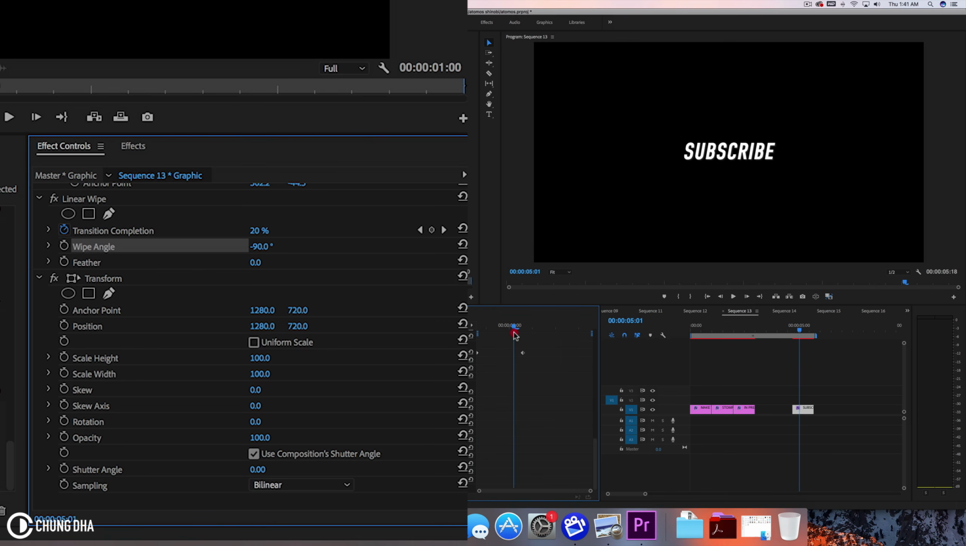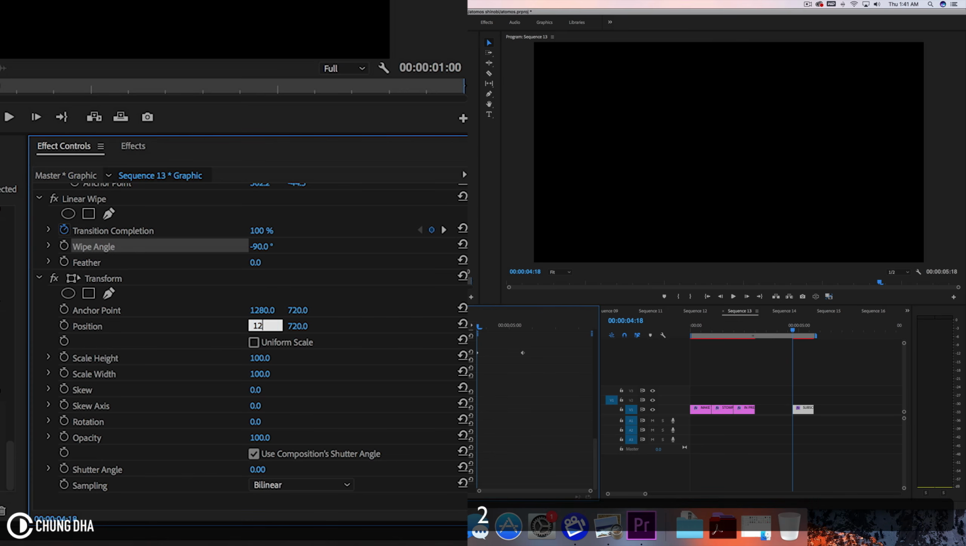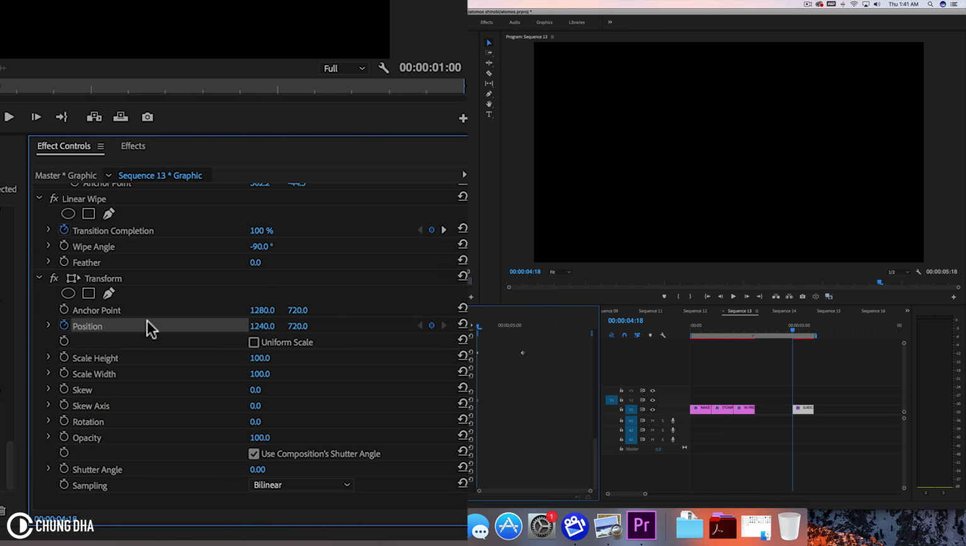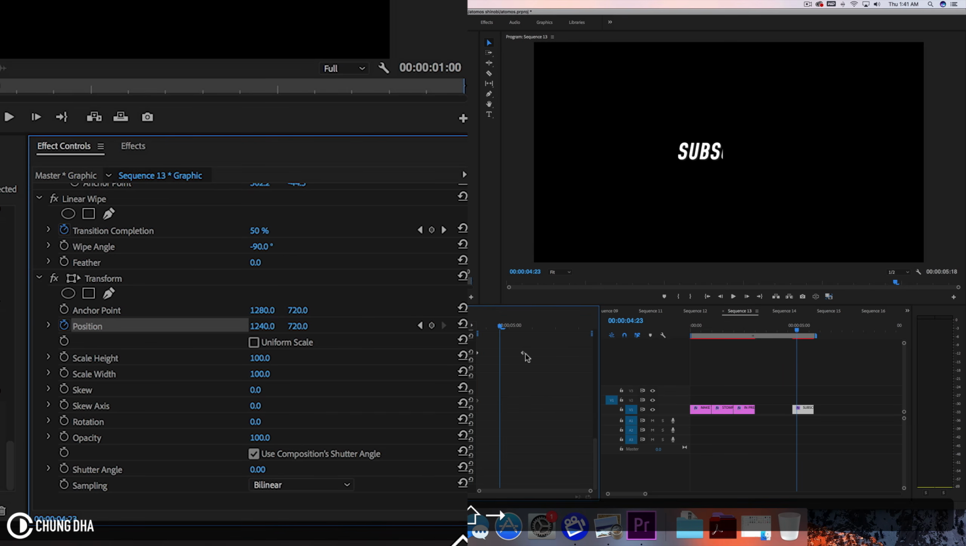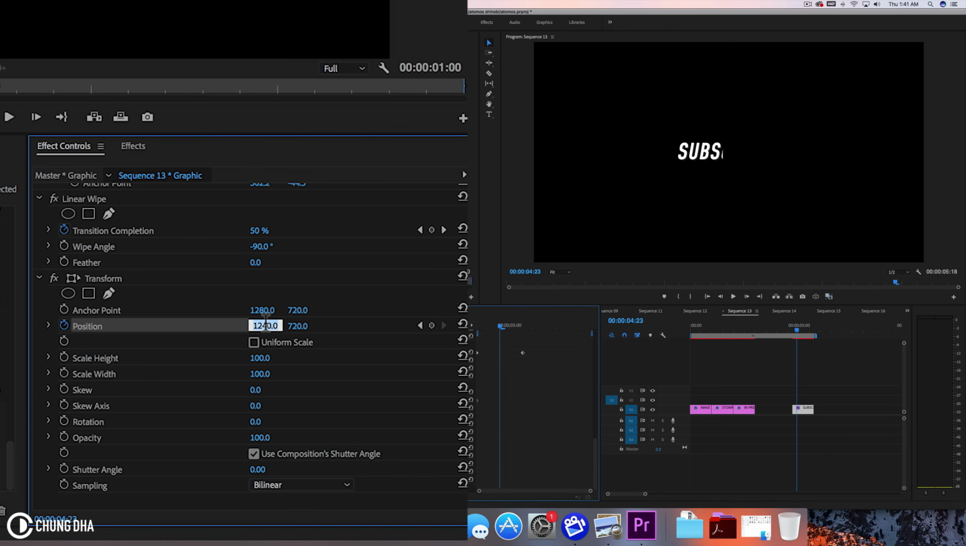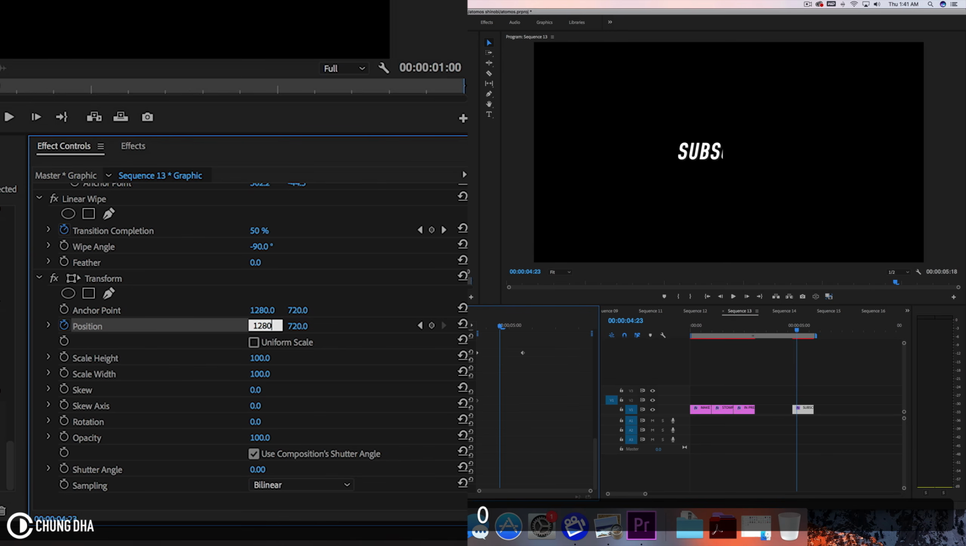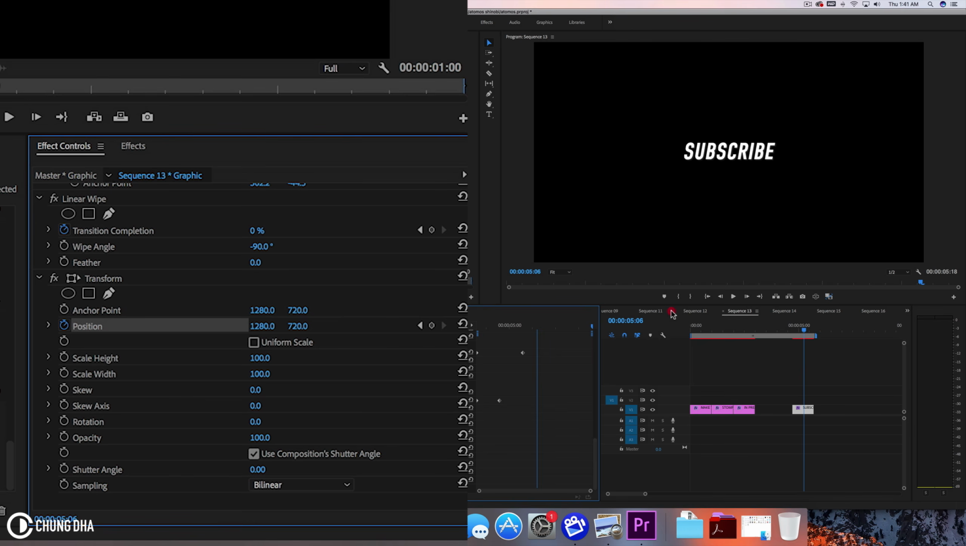So now adding the slide effect. So we're going to move here to the front and make this position to be 1240 and add a keyframe here by pressing the stopwatch. Now hold down shift arrow to the right once and change this back to 1280 and now to the end and change this to